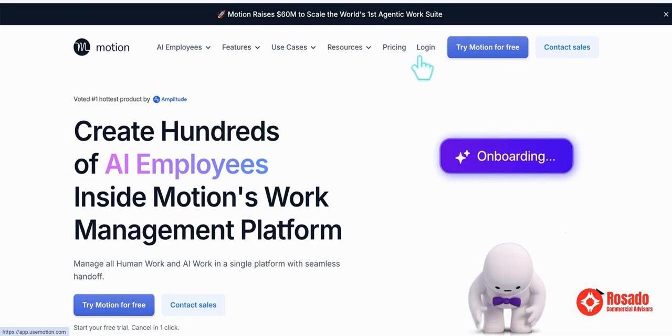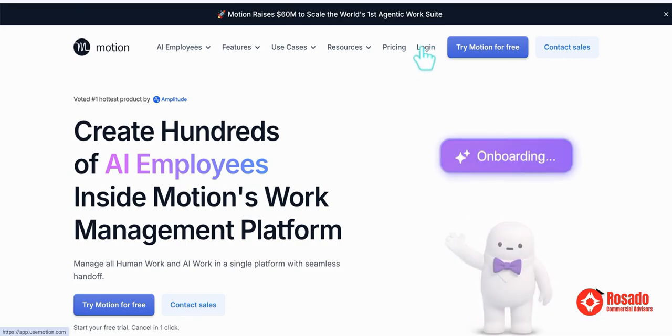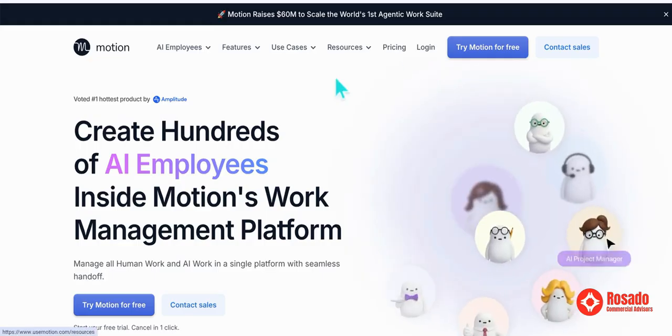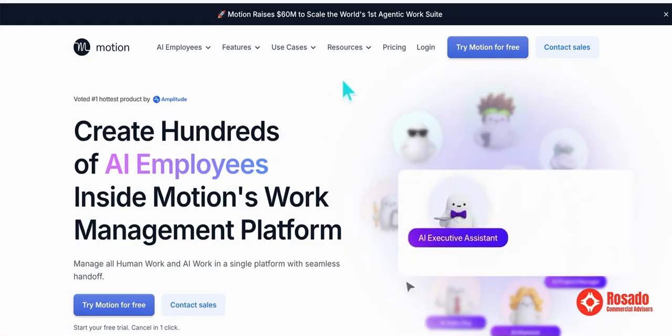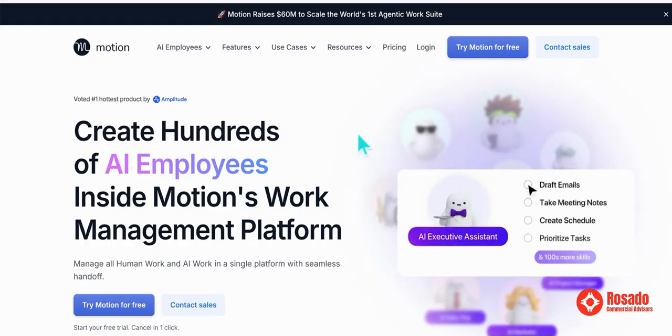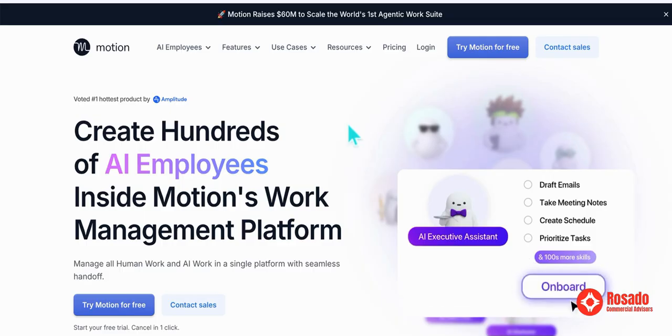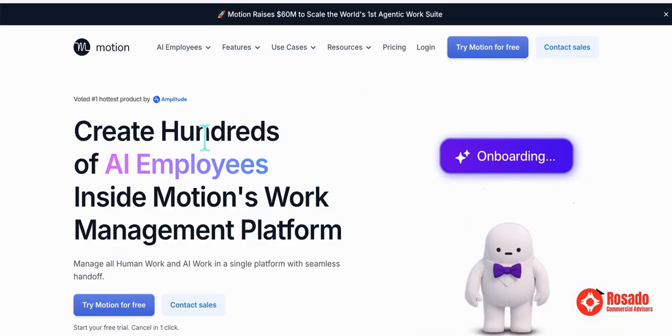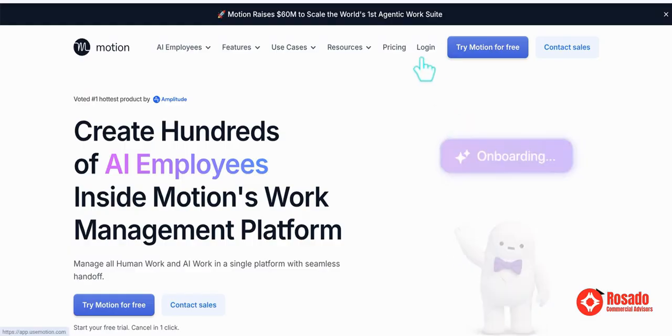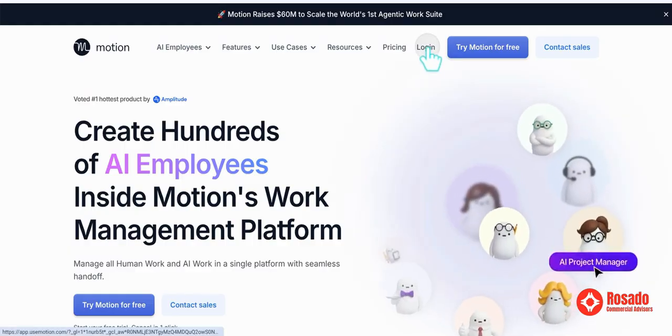button. So you need to log in because you might have access to the Rosado CRE workspace email. If not, you have to log out first to access that. So you click on login,